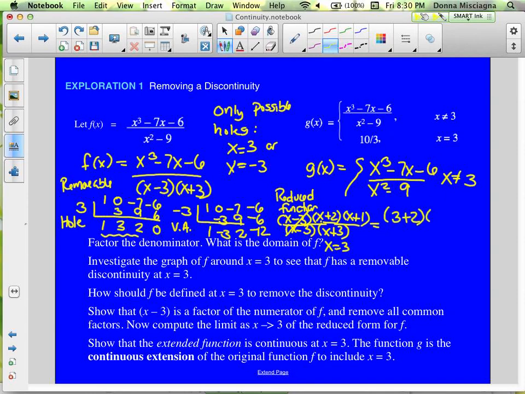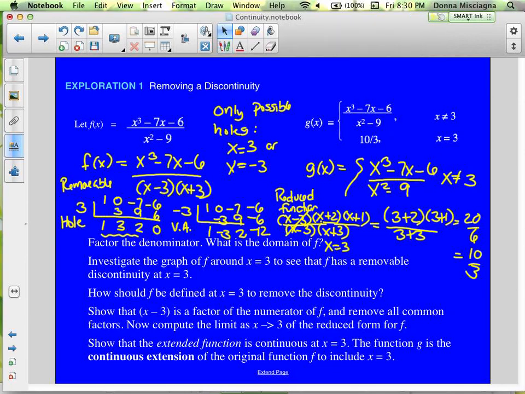So I was just checking to make sure I should get 10/3, and forgot that I would have 3 plus 3, which is going to be 6. All right, so that's going to be 26, which of course is 10/3. All right, so now we just fill in our hole